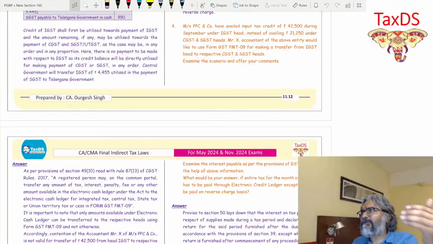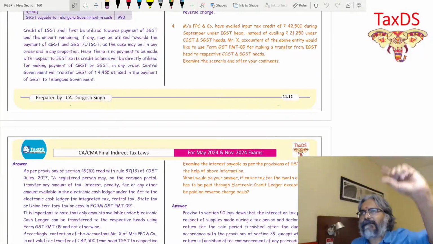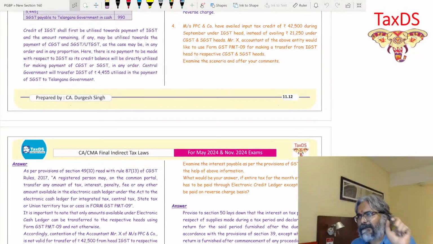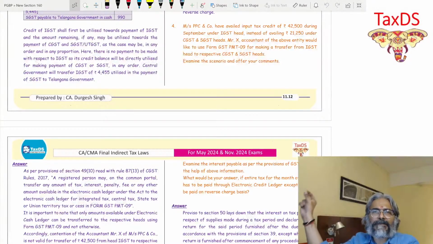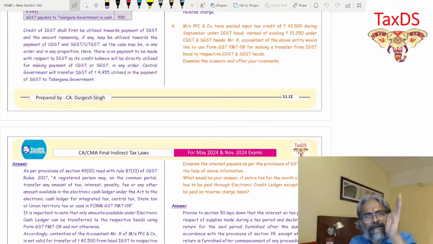So in the transfer process, students, what happens is this, that first you will have to unlock where you have deposited the amount. So if it is, say, CGST tax and I want to pay off the penalty because there is a sudden huge penalty burden, but the amount which is deposited is in CGST tax, first I need to take a refund out of it. So there is an unlocking that is done from the CGST tax, and then to the CGST account, and then from that I will do a deposit in the CGST penalty, the minor head which is penalty. That is what we have discussed, students, in this regard. That is how the things have to be looked upon.